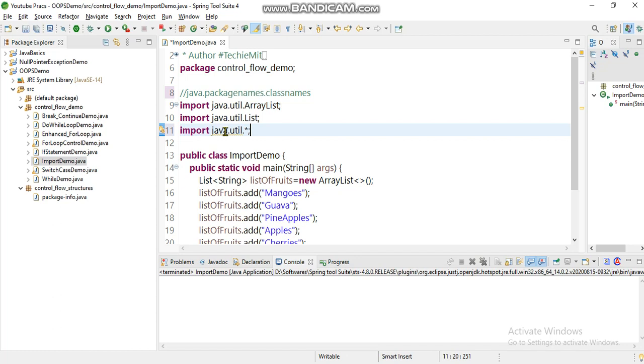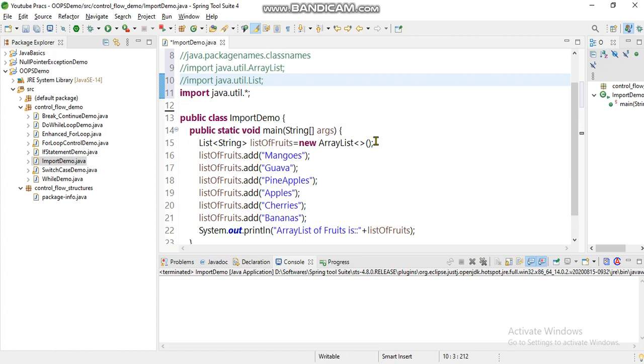So it's giving a warning here, because the imports are not used. If I uncomment this, now it removes the warning, because this ArrayList class and List interface are included in the util package, so it takes the definition by default. So by using import java.util.* with the wildcard character, our purpose is served.